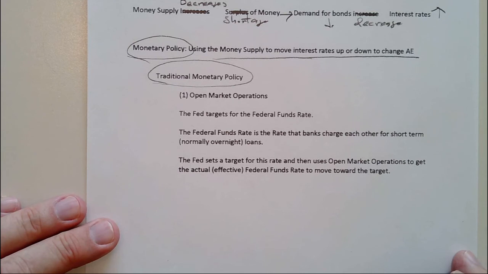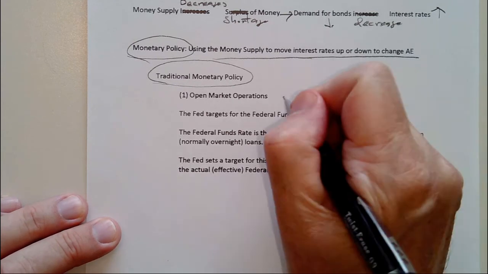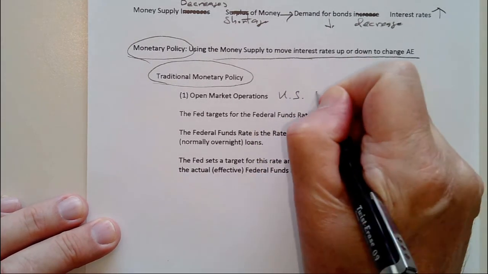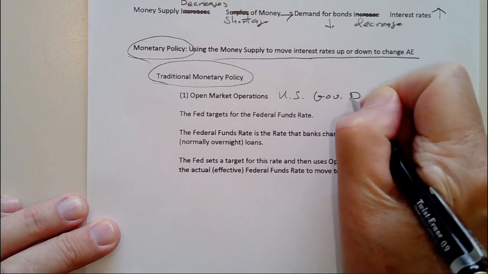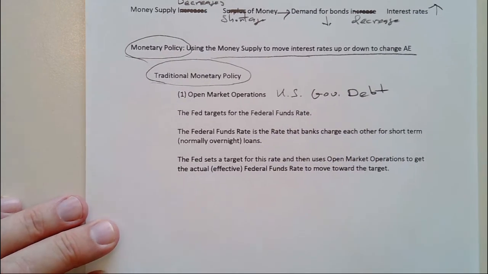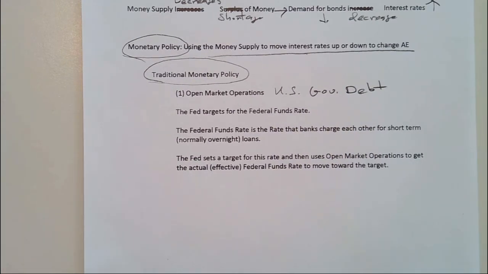This is the Fed buying and selling U.S. government debt. The Federal Reserve has what's known as a trading desk, and they have employees there who would contact various banks and tell the banks the Fed is interested in either buying or selling government debt. The Federal Reserve on its balance sheet has lots of government debt. They purchased a lot of debt in the past. They can have $400, $600 billion of U.S. government debt.